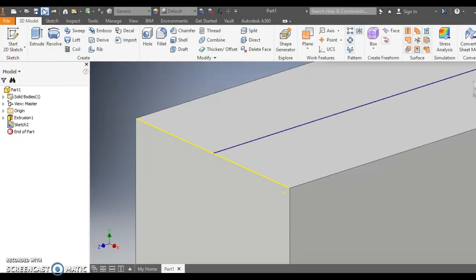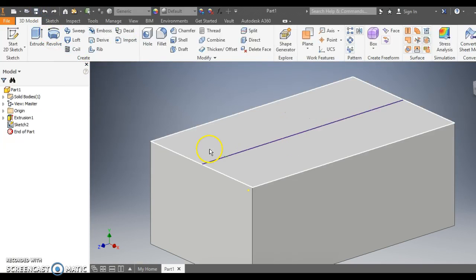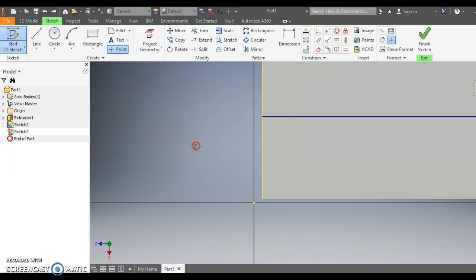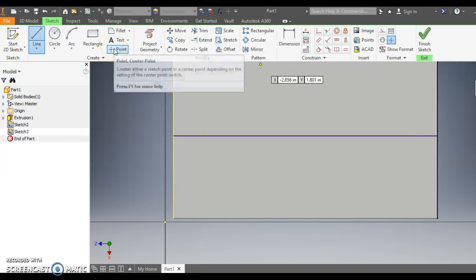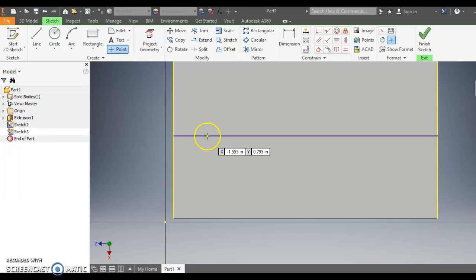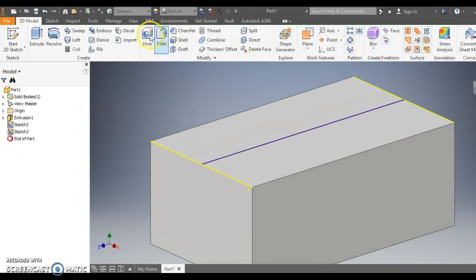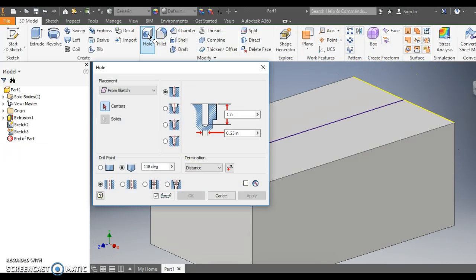So I'm going to undo and show you that I first created a center line by sketching on this surface and getting my line tool and snapping to the center of this spot and drawing a line all the way across the other side so it's in the direct middle of that top view. Then we're going to use this point marker and click a spot on the center line where the hole will be located. After we do that, we say Finish Sketch, and we go into the hole marker, and we're going